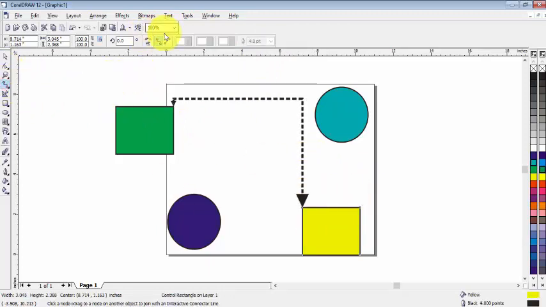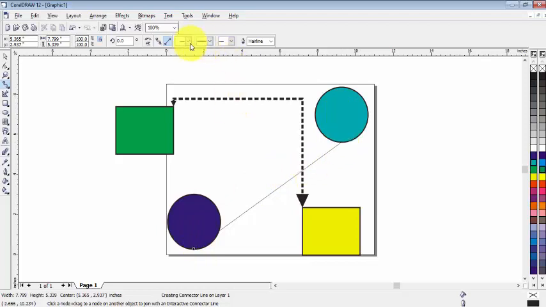Then we have straight connector. Select this one and click on node and hold the left mouse button and drag it like that. So you can see now we have straight connector and circles are connected with each other.